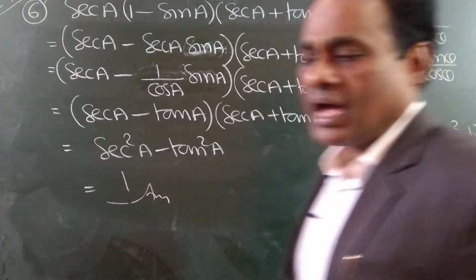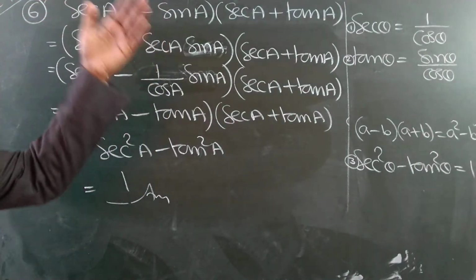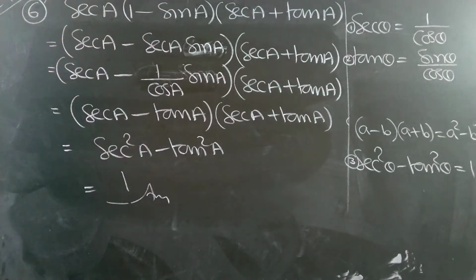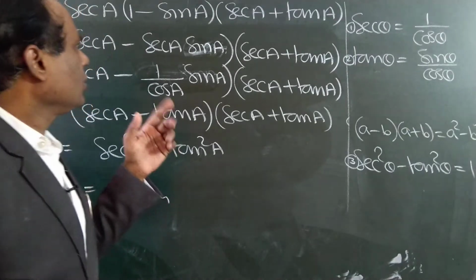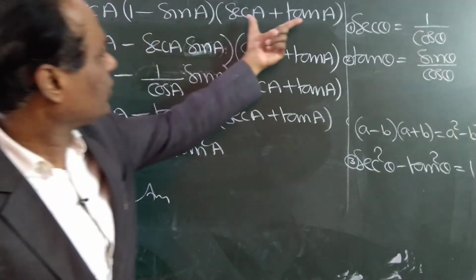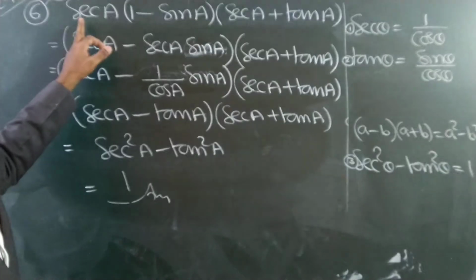See students, this is another method. It is not a continuation. The problem is over. But I explained in another method also, so that you should be perfect in all the formulas. So whichever is convenient, you do it. First one is okay. So what I did, see, this is the same. Every time I am writing the same. Don't look at it. First two only I am multiplying.